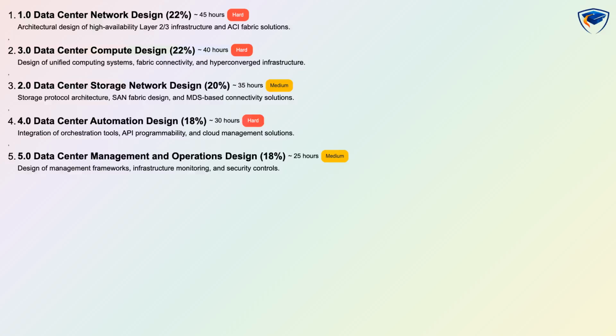Data center compute design also accounts for 22% and focuses on design of unified computing systems, fabric connectivity, and hyperconverged infrastructure. The data center storage network design domain accounts for 20% and focuses on storage protocol architecture, SAN fabric design,